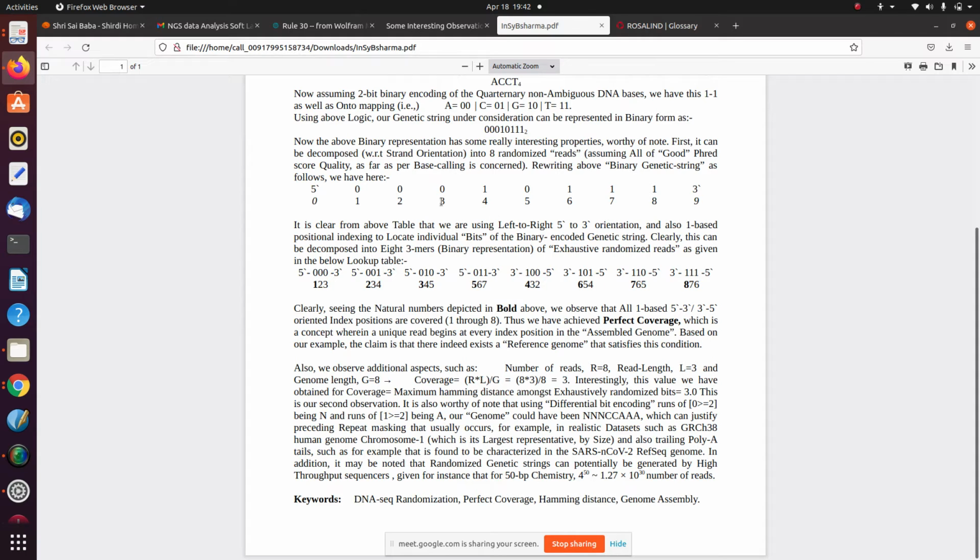4 3 2 is reverse, right? Yes. 1 0 0 is in reverse orientation, right? Yes. 1 0 1 is in both orientations. 1 0 1 is symmetric, right? 1 0 1, 1 0 1, 4 5 6 and also 6 5 4, right? Yes. And 1 1 0, 1 1 0, all reverse, right? Yes, sir. Reverse. 7 6 5. 1 1 1 is